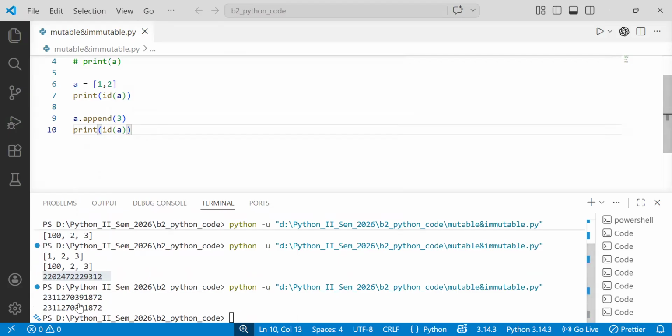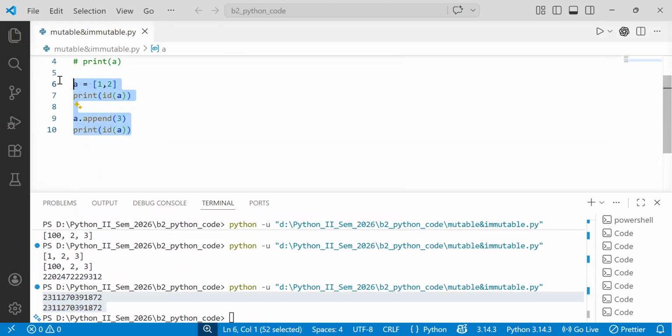So I will run it. Observe here, both memory addresses are same. They are referring to the same memory address. Means after changing also you are getting the work done at the same memory location. This is what I was explaining. Understood? Now I will explain the concept of the